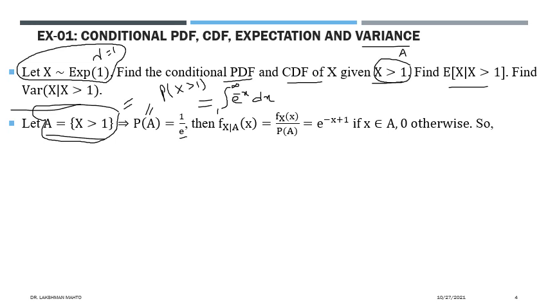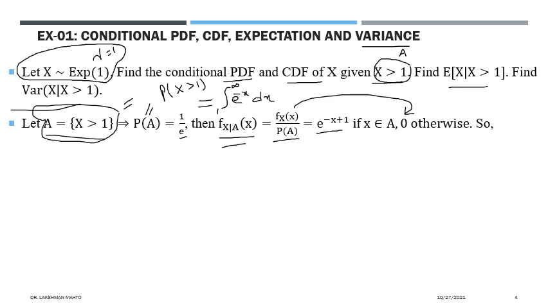Now based on this event A, we are defining the conditional probability. I told you that under the definition of conditional density, the original density would be normalized by the corresponding probability of the event. And that probability is coming 1 by e. So the conditional density would be e to the power minus x plus 1. This is the conditional density conditioned on A, and it is taken only for those values which are coming from A. If you take values outside A, then this conditional density would be 0, because in the definition of conditional